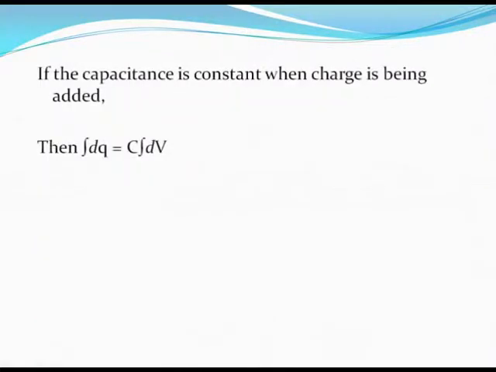Now we had just studied that C, the capacitance, was equal to dq by dV, isn't it? We can take dV to the other side and then dq will be equal to C dV. We can then integrate this expression on both sides and say that integral dq is integral C dV. So now when there's this body here, say this one, at a potential V, in that case, when we keep on adding a charge dq to this body so that its potential becomes V plus dV and then it keeps on increasing like that, the net capacitance of the body is assumed to be